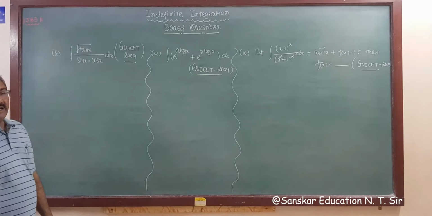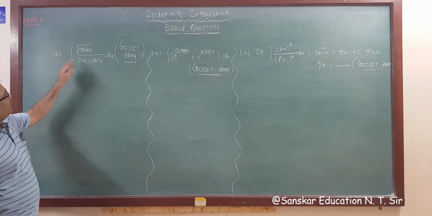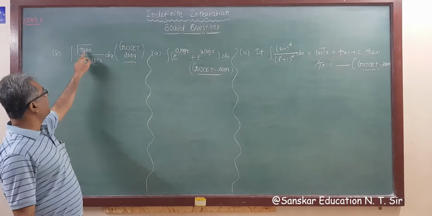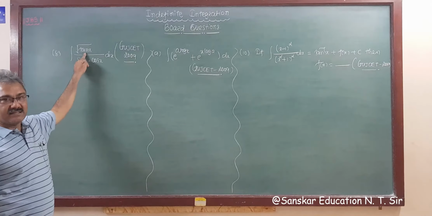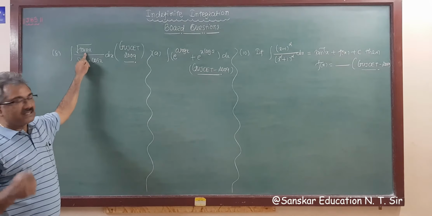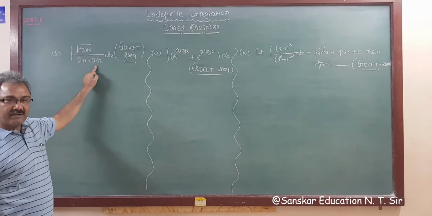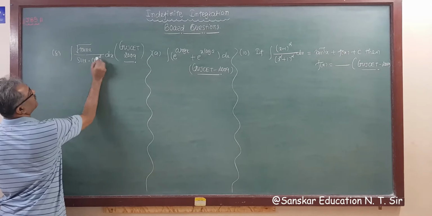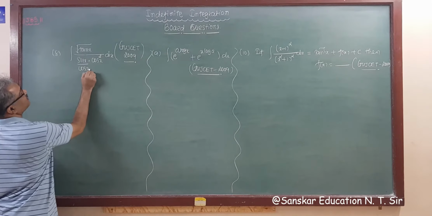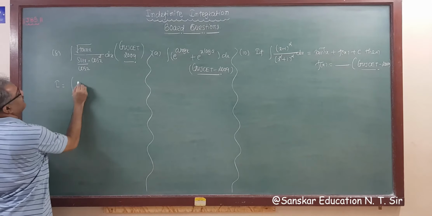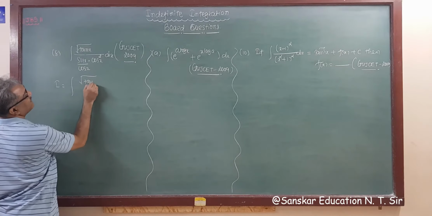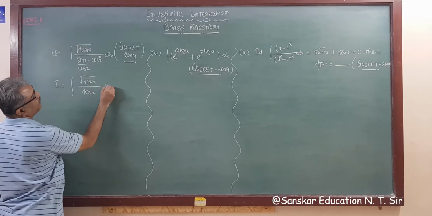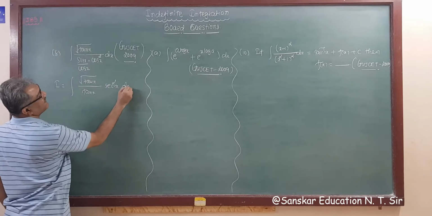Okay. Question 8 from Gujarat 2009. Root tan x upon sin x cos x. As you know, anything under a square root, you have to assume. So the derivative of tan x is sec square x. Sec square x means 1 upon cos square x, but only one cos x is given. So if we divide and multiply by cos x here, what we get? Cos square x upon cos x. So I becomes integration root tan x whole upon tan x into 1 upon cos square x, that is sec square x dx.